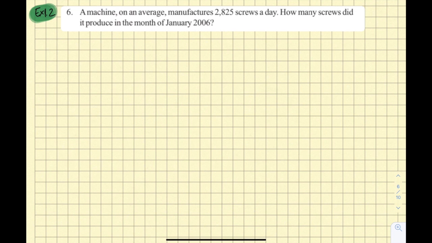Very firstly, here in the month of January, we have 31 days. So they are telling that in one day the screws manufactured were 2825. So in 31 days, how many screws were manufactured? We do not know. So information is given regarding one day and they are asking about many. So whenever they give sums like this, we need to do multiplication.